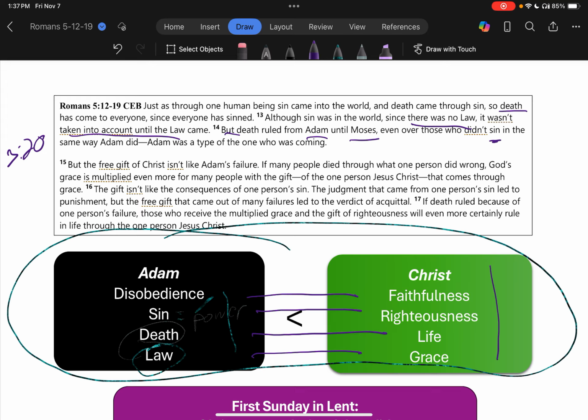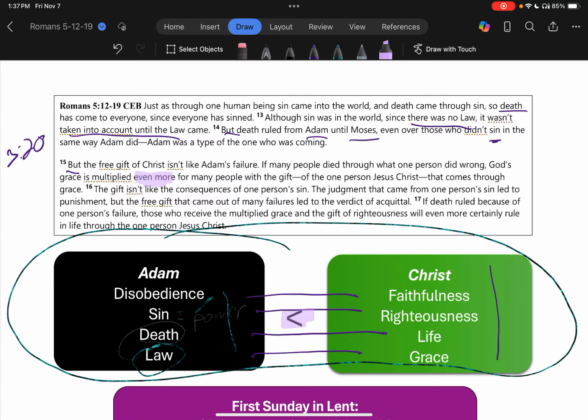Going on to verse 15. Now here we have the contrast. Notice the but again, right? So this is what happens through Adam, but the free gift of Christ isn't like Adam's failure. If many people died through what one person did wrong, God's grace is multiplied even more for many people with the gift. And I want to emphasize the even more here,